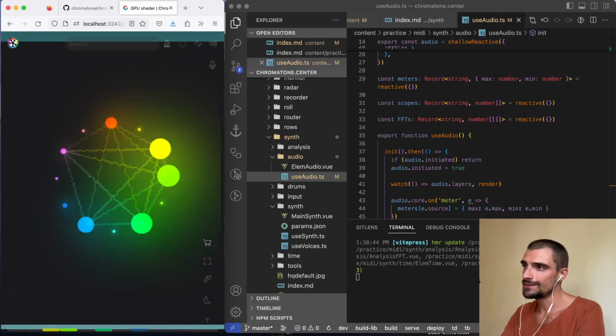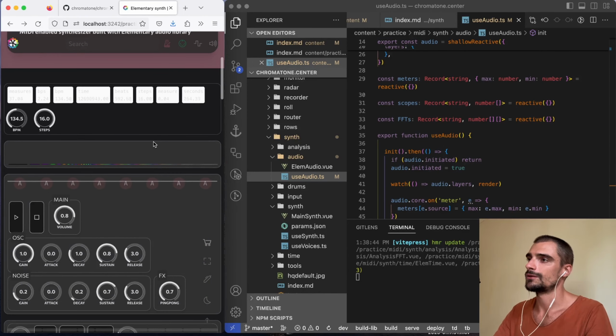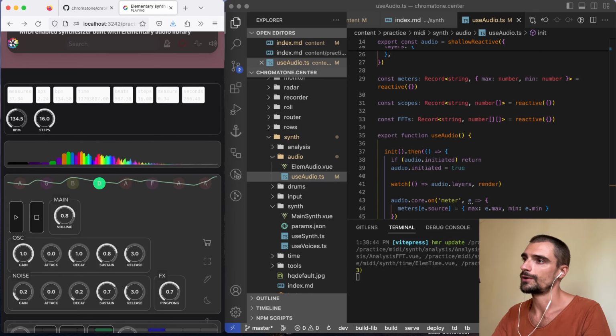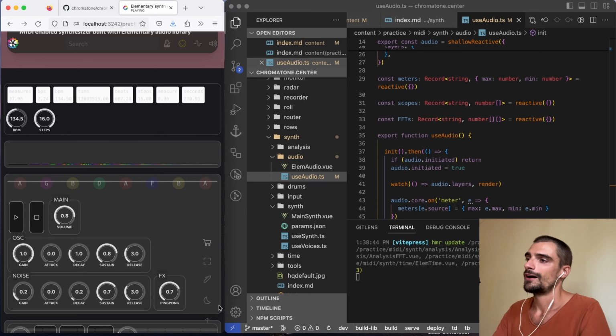And you see there is no lag, even for underpowered devices, because GPUs are fast. Yeah, this is not optimized, and let's just continue with